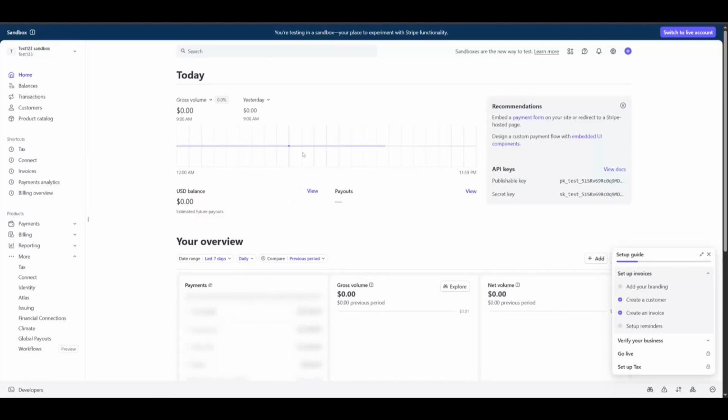Hey everyone, welcome back. Today, I'm showing you how to handle 3 essential tasks in Stripe: issuing refunds, managing transactions,